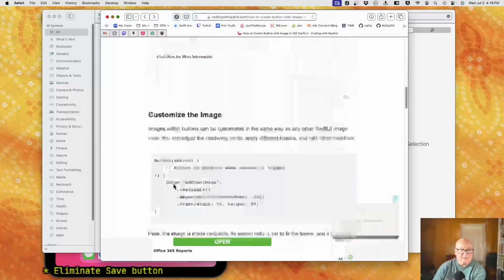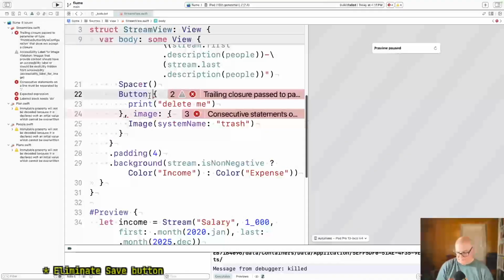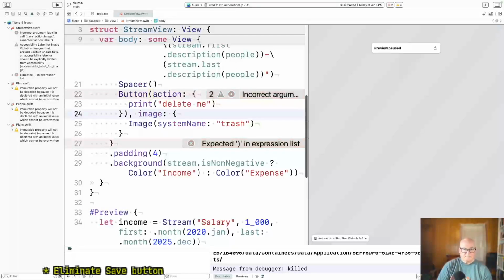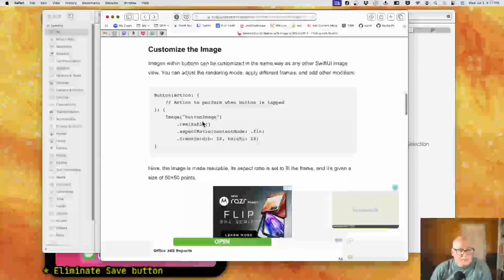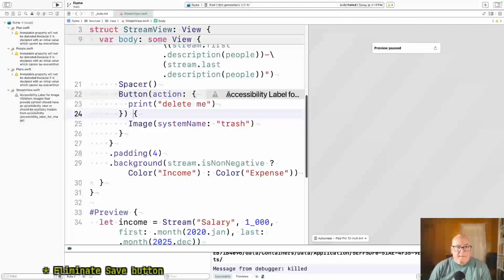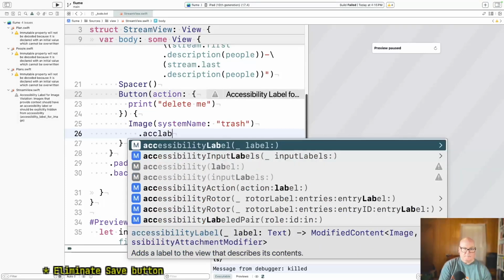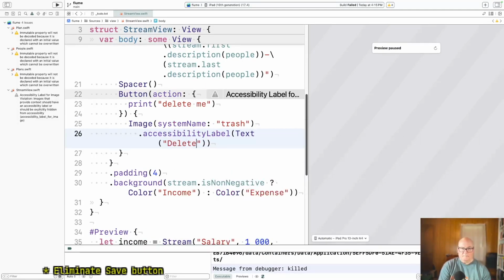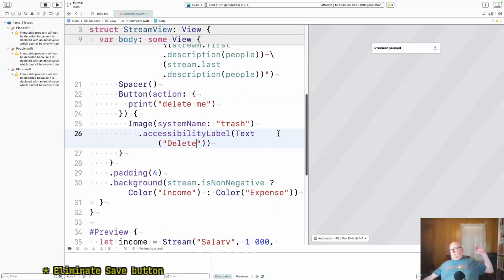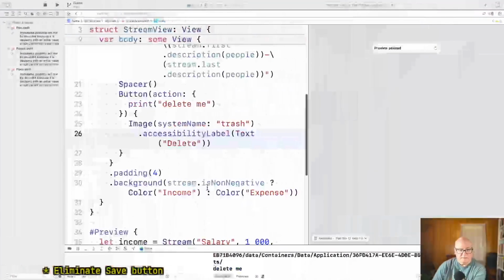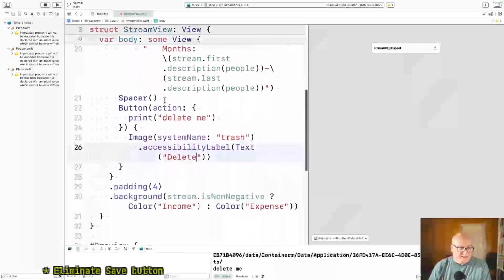Action colon. That's so annoying. Okay. Delete me. Now that's something we can't do yet.